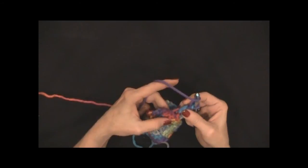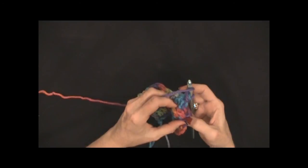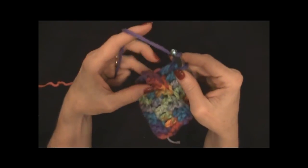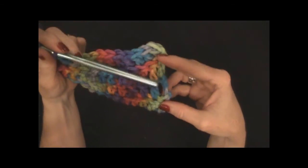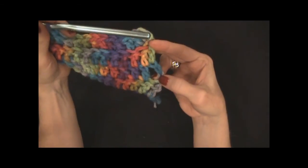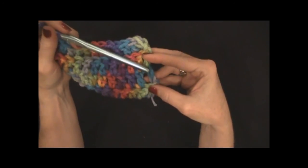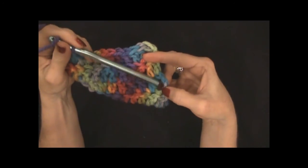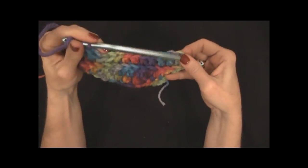Okay, so I'm down to the last double crochet, and that was the special one I did with just the chain 1. And I do have 2 loops to work into, so I'm just going to go in that back loop there. So here on this side you can see the chain 3 turn, and it left a hole there. You could actually do like a chain 2 turn. Sometimes that's not high enough, but I still think it's going to leave somewhat of a hole there. I just like the chain 1 turn with the double in the first